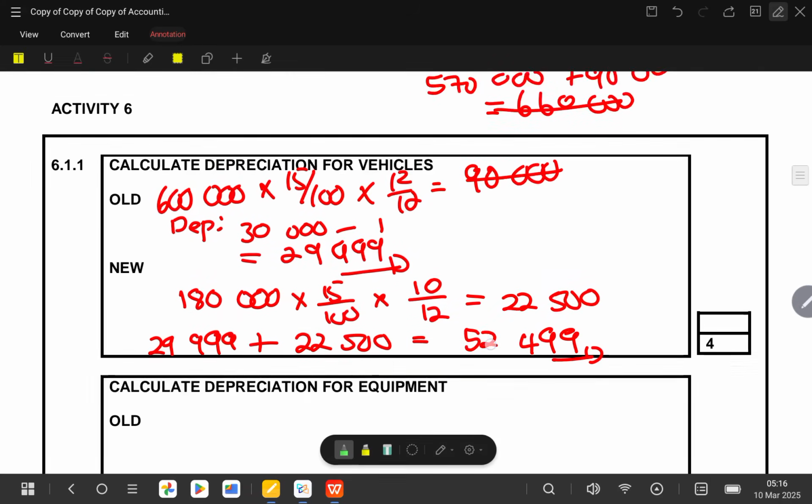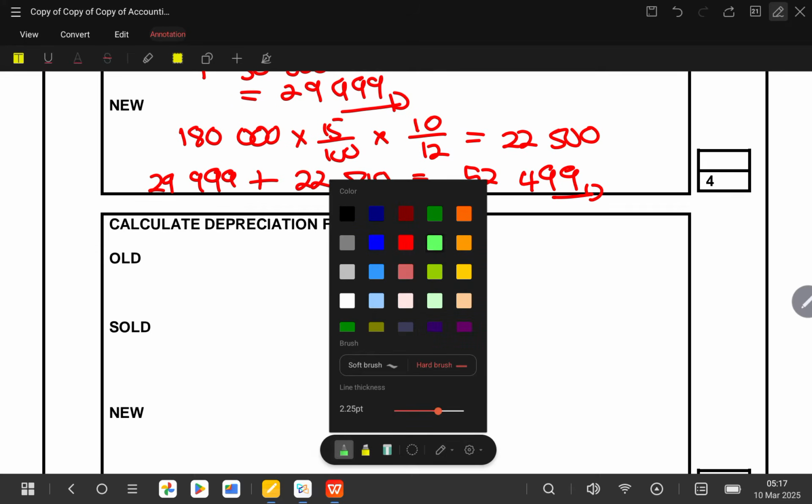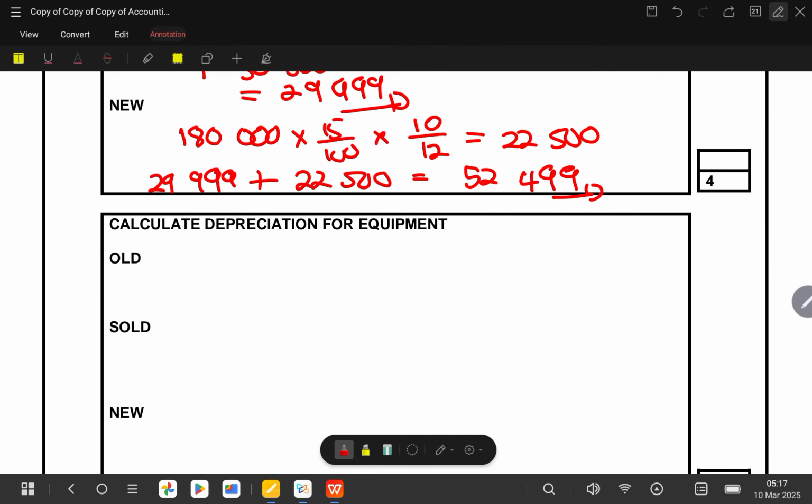Okay, so remember when we calculate the one that was sold, we are going to look at the cost price. So our cost price according to our information, remember you must show them how you got the carrying value. So we'll show them that part, but I advise that you make sure that you show your answer somewhere. So we say